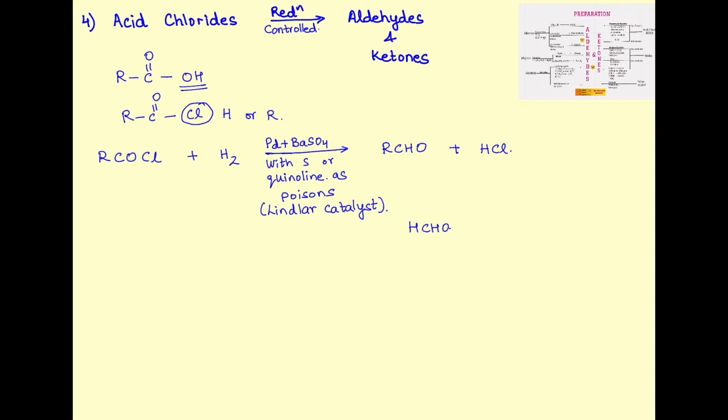Meaning to say, I will have to start with something like HCOCl. Now this HCOCl is not a stable compound, and that is why in the mind map you will see that I have written HCHO and a strike off, indicating that this cannot be prepared by what we call